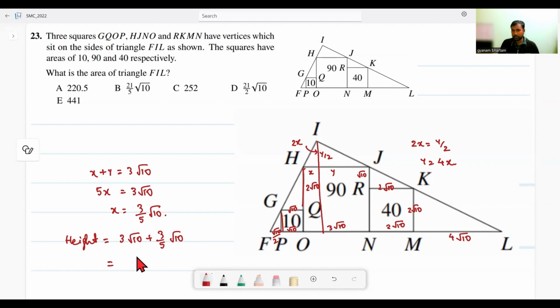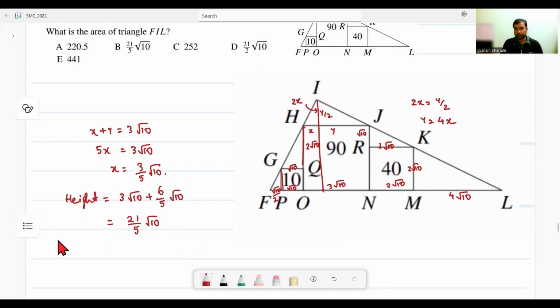Wait, not 3 by 10. It's going to be, wait, this is x. So it should be 2x, 6x, because this is 2x length. So we have to use 6 here, twice of it. If we add it, 5 times 3 is 15 plus 6, 21 by 5 root 10. That's the height. And the base is going to be,